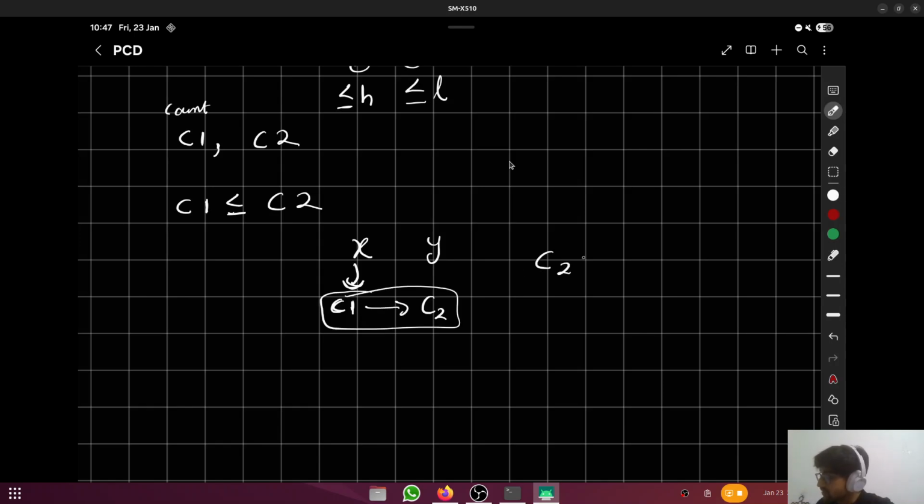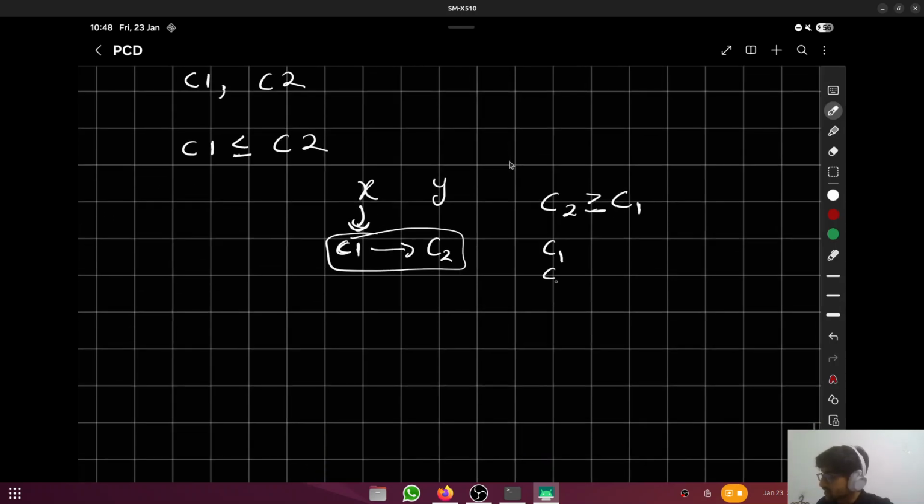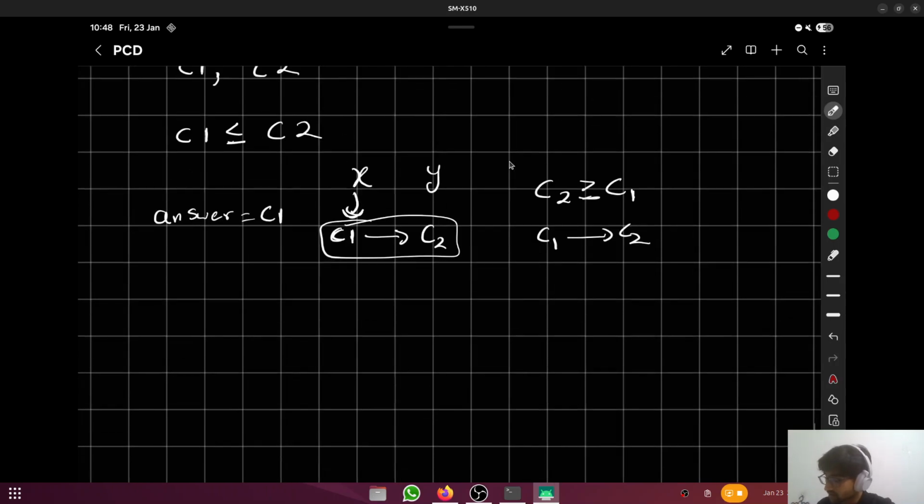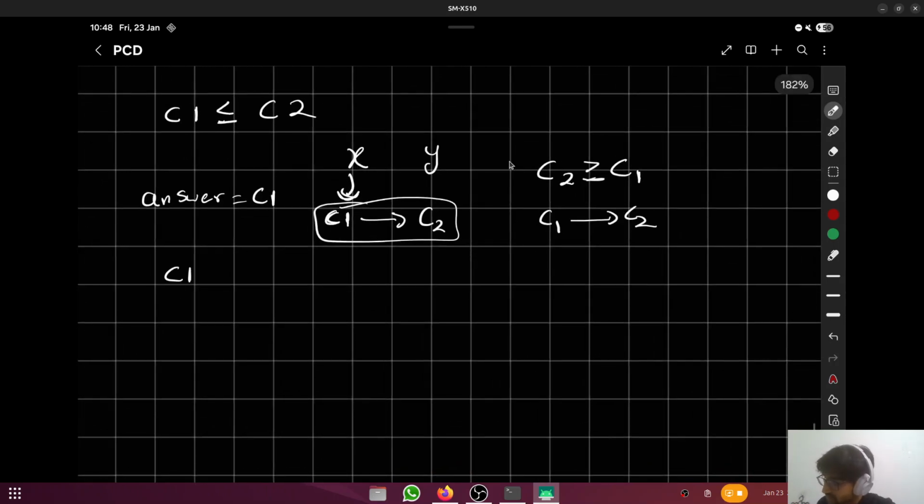As C2 is greater than or equal to C1, for every element in C1, I can find a C2. So basically, when C1 is less than or equal to C2, my answer will be equal to C1. Now coming to the case where C1 is greater than C2,